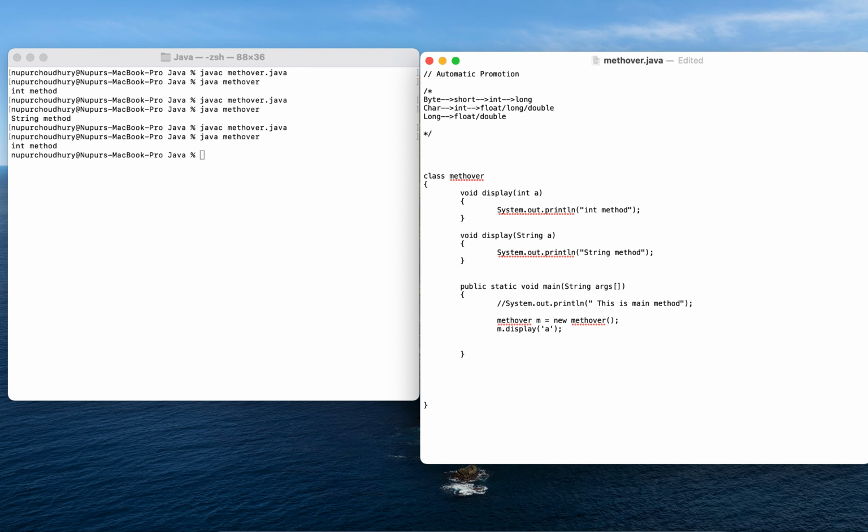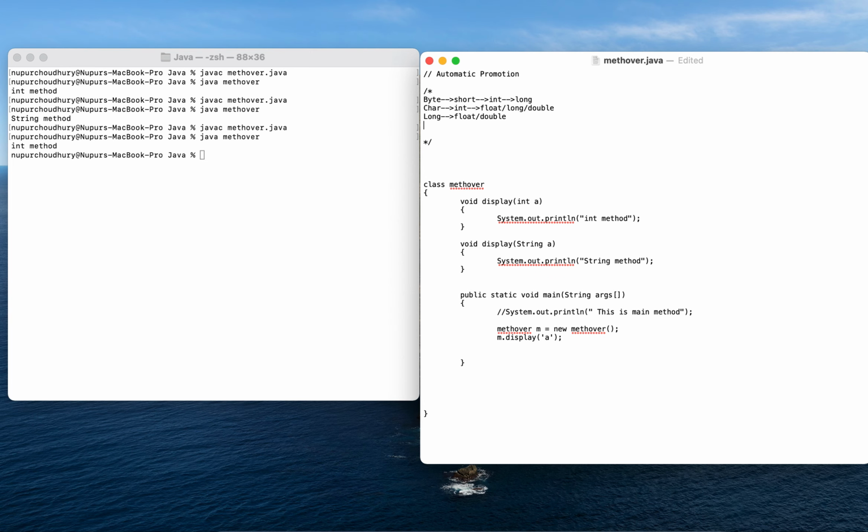Float is again converted into double. So this is automatic promotion. Whenever I'm passing a floating number, if none of the method arguments have this particular data type, then it will be promoted to double. That happens implicitly.